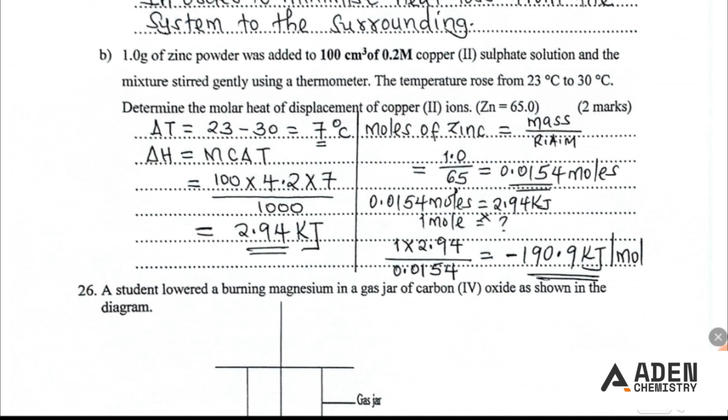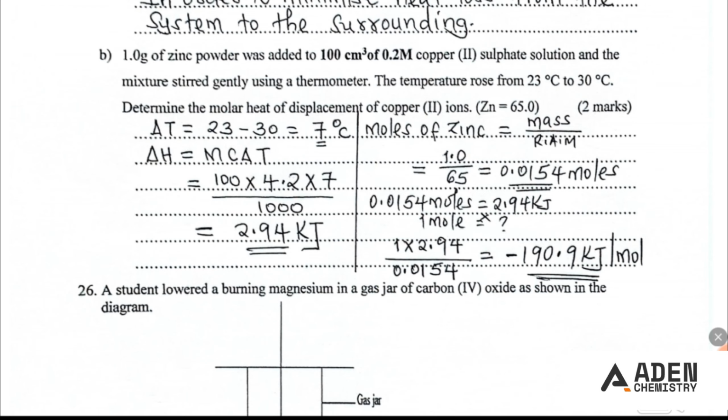Next, moles of zinc, mass over Rm. We are going to get 0.0154 moles. Then we say this number of moles produces this amount of heat. What about 1 mole to get the molar enthalpy? So we're going to get 190.9 kilojoules per mole. So we're going to put the negative sign because this reaction is exothermic, because the temperature has increased or